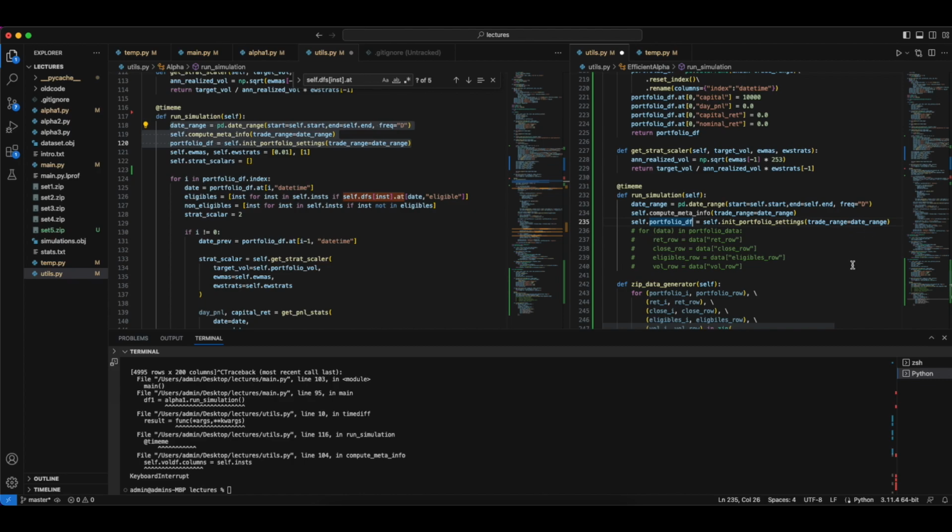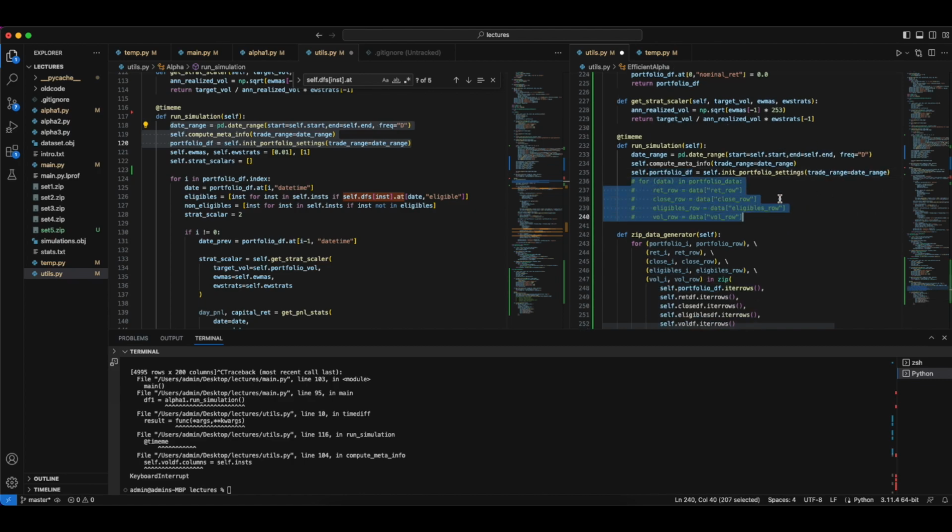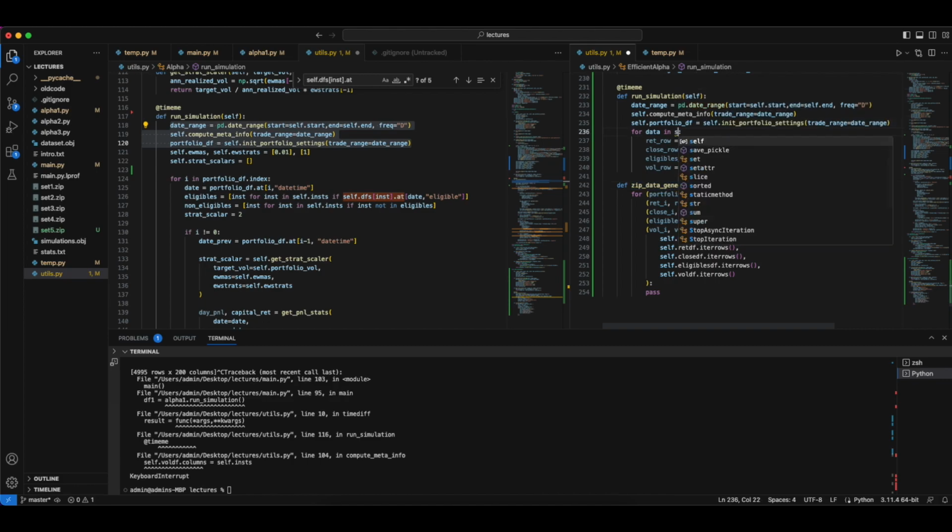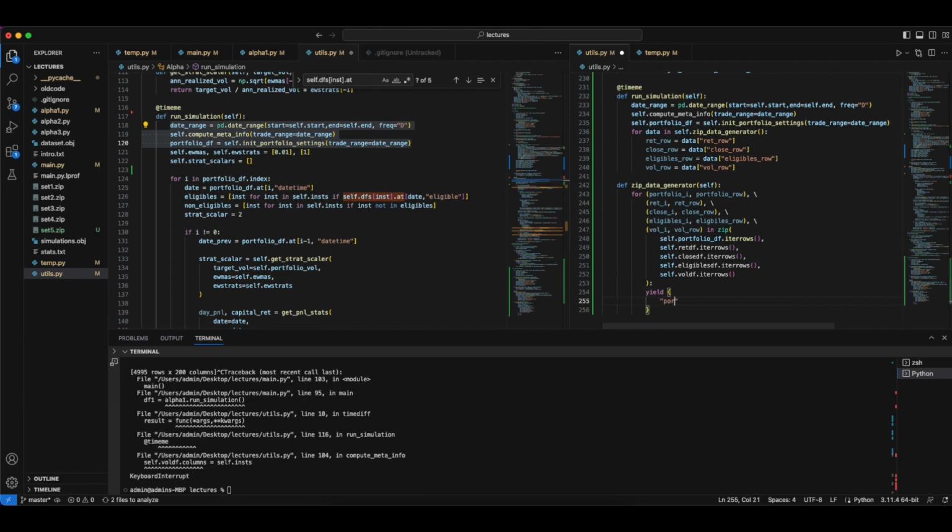So now I think we can do something like for data in self.zip data generator, right? So this data should contain a zipped version of our all these data frames packaged together. So I think we can do something like yield. Sure, we can do something like portfolio I, and we get that. We have portfolio row,